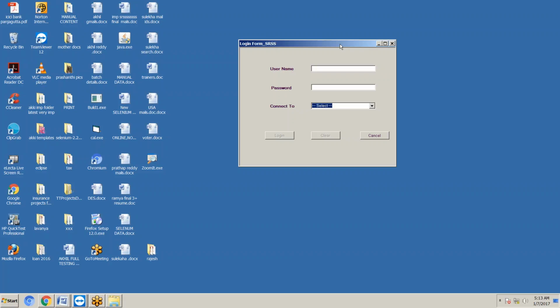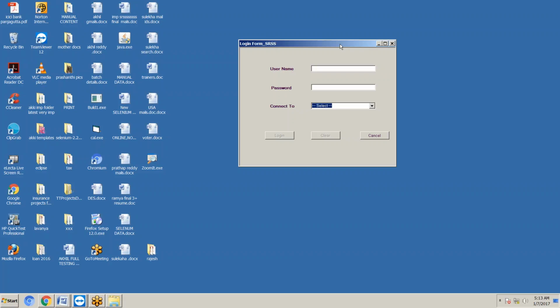Next, the business analyst is also adding some more requirements. Whenever we invoke the login application, login and clear must be disabled. Cancel is always enabled. After entering username and password, then only the login button must be enabled.